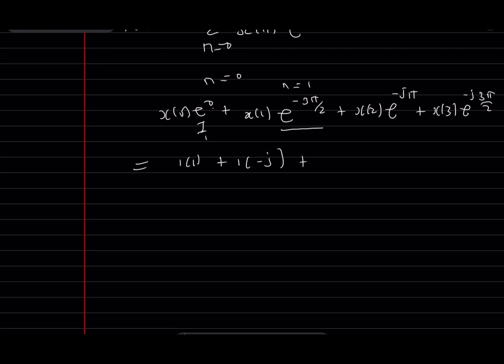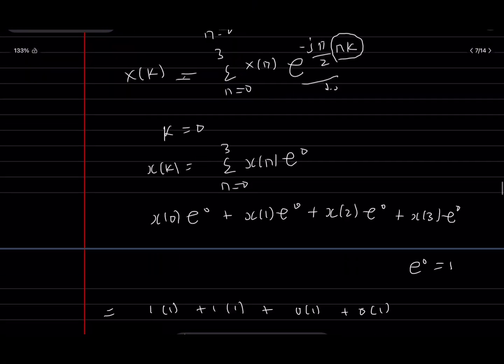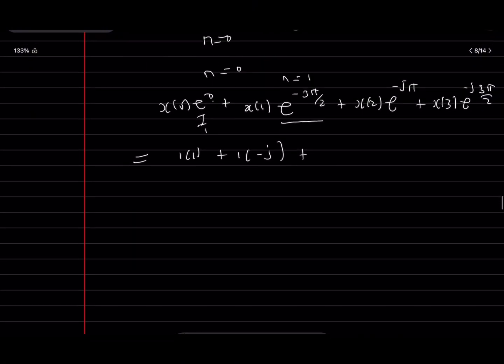And then plus the other one, the coefficient x2 and x3. If you look at the question that was given to us, 0, 0, so whatever the exponential value here will be, we are still going to get 0. So we are going to get 0 plus 0. And for that matter, we are going to get 1 minus j for the other one. So when we have this one,